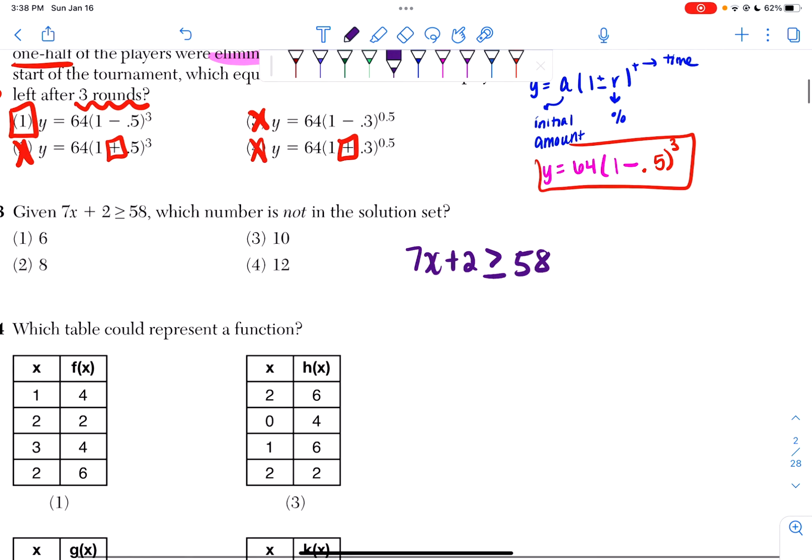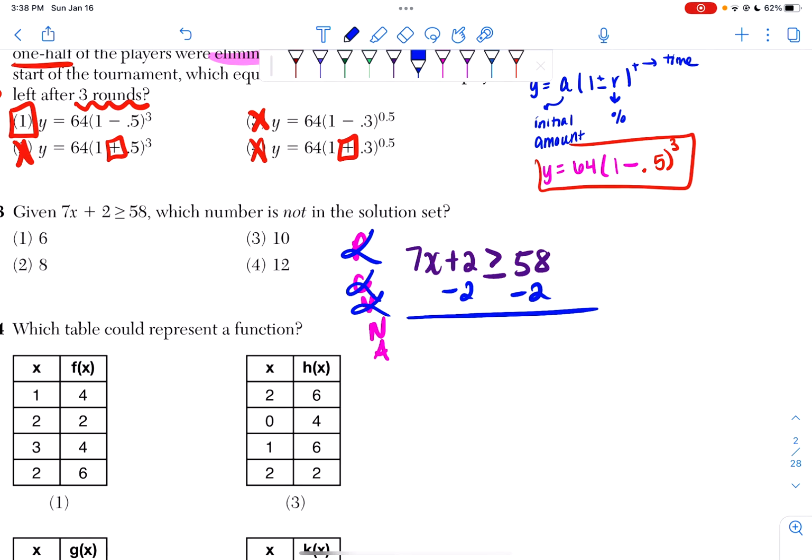So I treat this like a regular inequality, so I do a PCVNA. There's no parentheses, no combined like terms. My variables are on one side, so I have to move my numbers. I have to ask myself, how do I get rid of a plus 2? I subtract 2. 58 minus 2 is 56. So now I divide both sides of my inequality by 7, and I get x to be greater than or